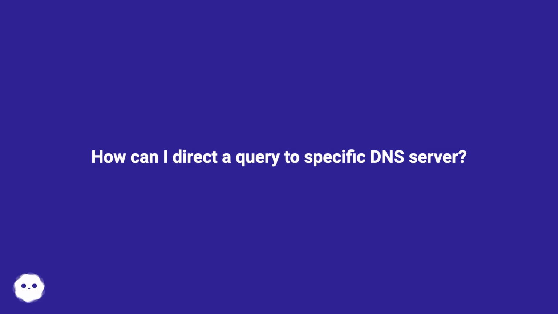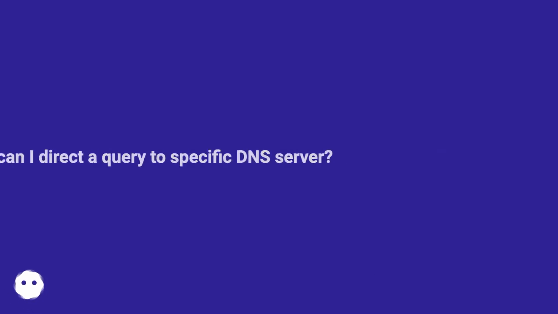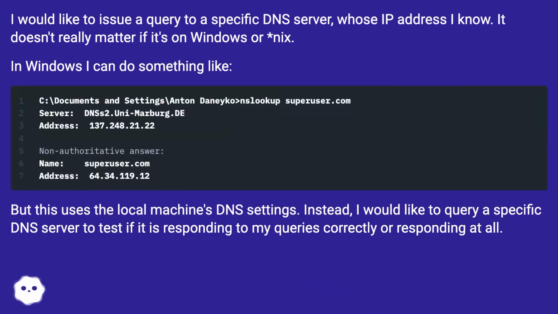How can I direct a query to a specific DNS server? I would like to issue a query to a specific DNS server, whose IP address I know. It doesn't really matter if it's on Windows or *nix. In Windows I can do something like